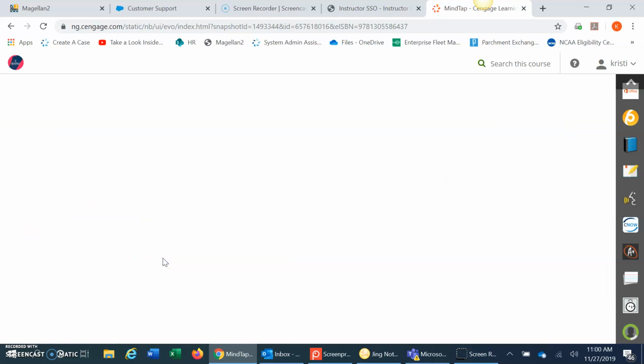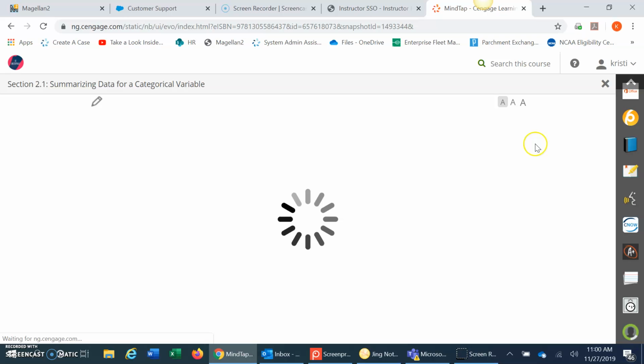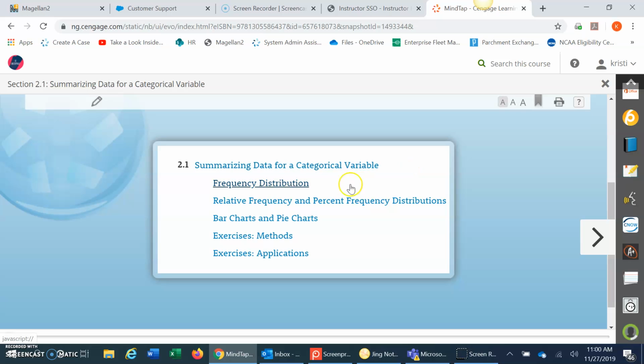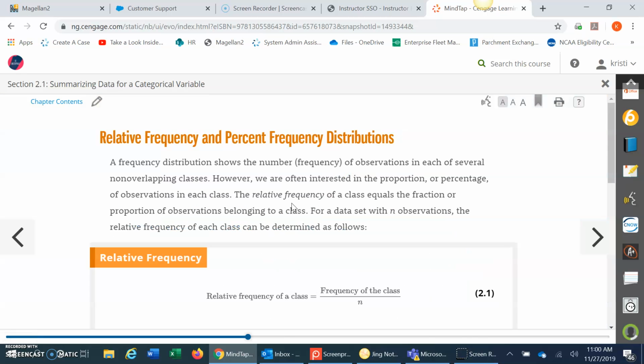So if I click on my ebook here, for you to access the ebook, you can do so through the individual chapters like I'm showing you here, or you can do so through this ebook here, which gives you the full ebook in a more traditional version, and you can search by page number, etc., right on this tab here. But I'm just being taken into this one part of the ebook, and I'm going to click in so